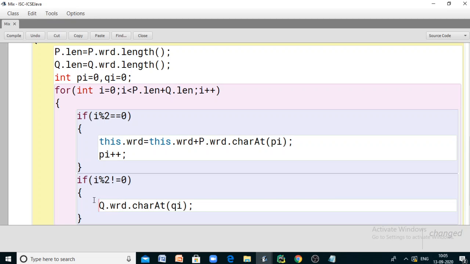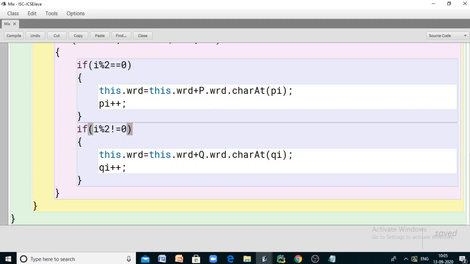Take it and add it with the current object's word. So this dot word is concatenated with the current character from the second word, and store the result back into the word of the current object. Now increment qi by 1 to denote the index of the next character to be extracted from the word of object q.